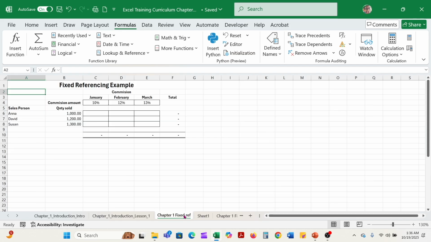Now, the next thing that we want to look at here is what we talked about with cell referencing. We mentioned that there are 3 types of cell references. There's relative references, absolute references, and mixed references. Relative is the default, and I'll show you what I mean by that when we say something is a relative